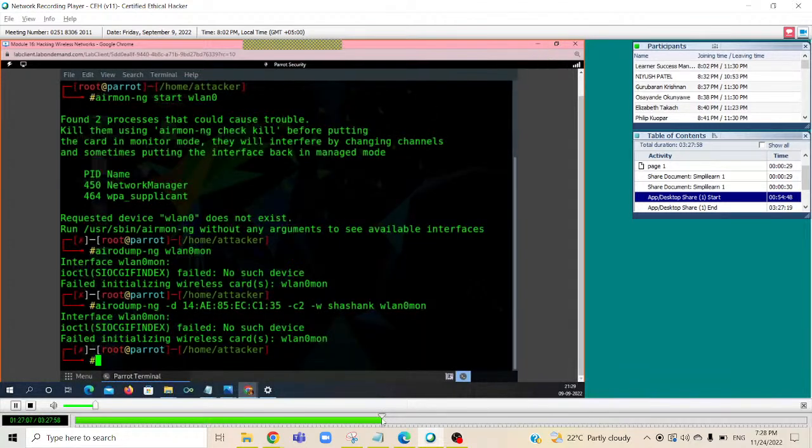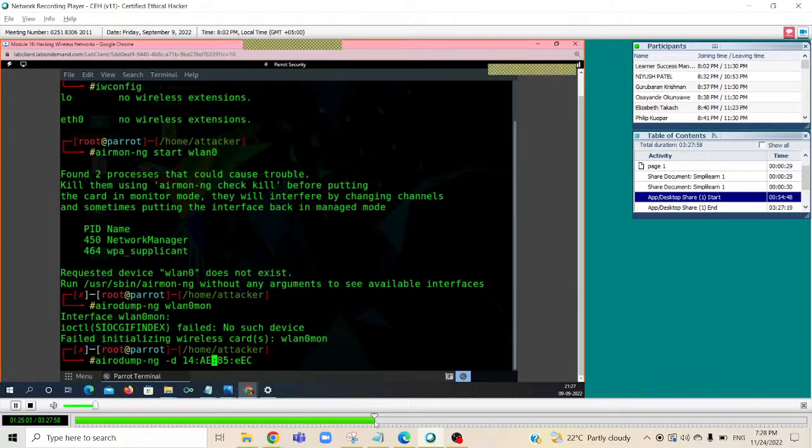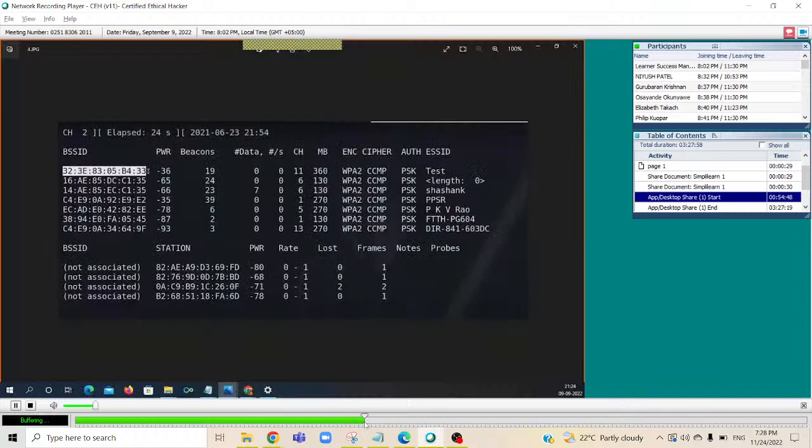Okay. Now what we can do is, we have an attack called aircrack-ng, EC P1 and 3, 5. Okay. Now once this is given, type hyphen C 2, it is ESSID, the name, like test, Shashank, PS,